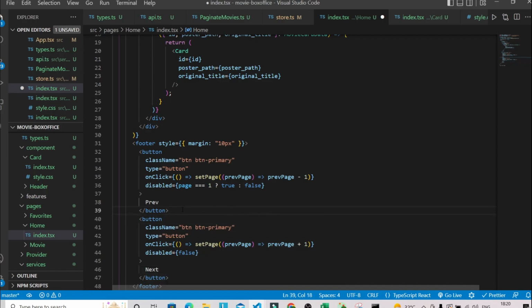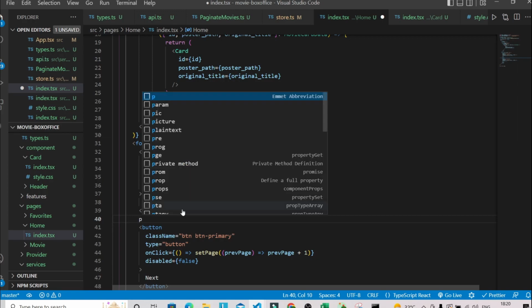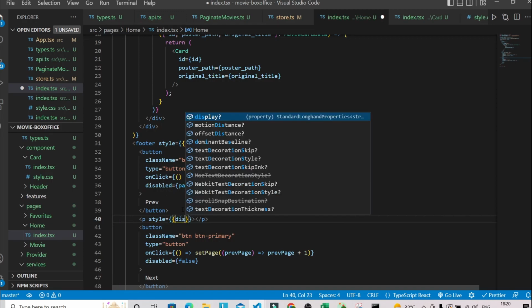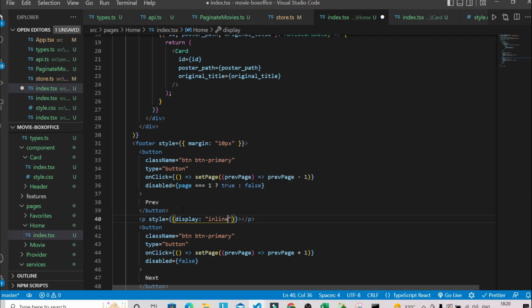and we are also going to show a page number. So we are going to have a p tag. Let's keep some inline style, and here I'm going to display this one as inline, and let's give here margin that will be 10 pixel, and here just going to show page. So let's save this one,